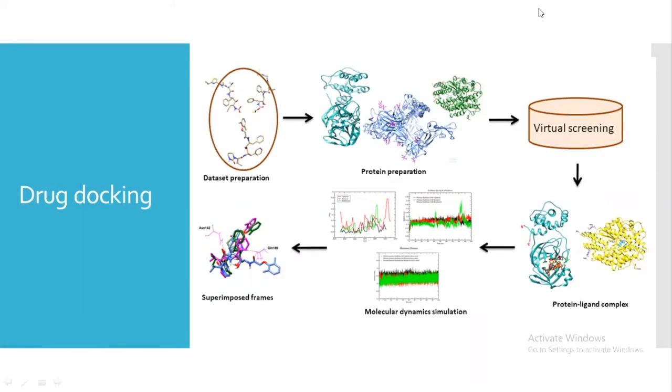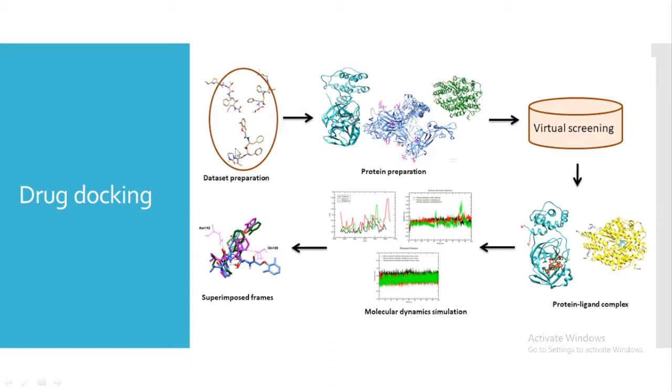Now, coming to drug docking. First of all, we have to choose our protein of interest and also our ligands of interest. The protein of interest can be a target protein responsible for causing a certain disease such as diabetes or cancer. In the case of ligands, there are two ways: we can focus on any compound that has not been reported earlier, or we can look for FDA approved drugs that can be used for repurposing studies. Once we narrow down the protein and ligands of interest, they have to be prepared.